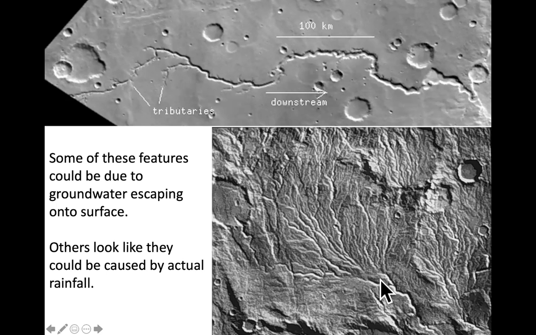These are what you would see due to atmospheric water, literally regions where you have a lot of rain, the rain flows down, creates small tributaries, which merge together to become larger and larger rivers. This looks like water from the atmosphere. This looks like water from the ground. So there's implications that there were times when Mars had liquid water near or above, near its surface or in